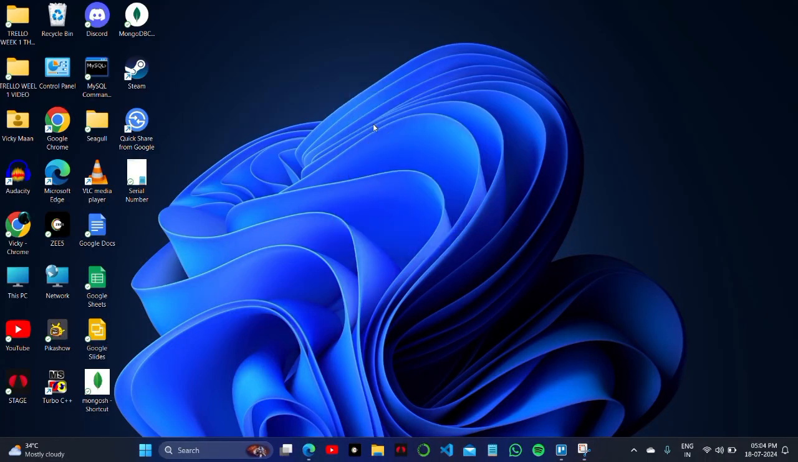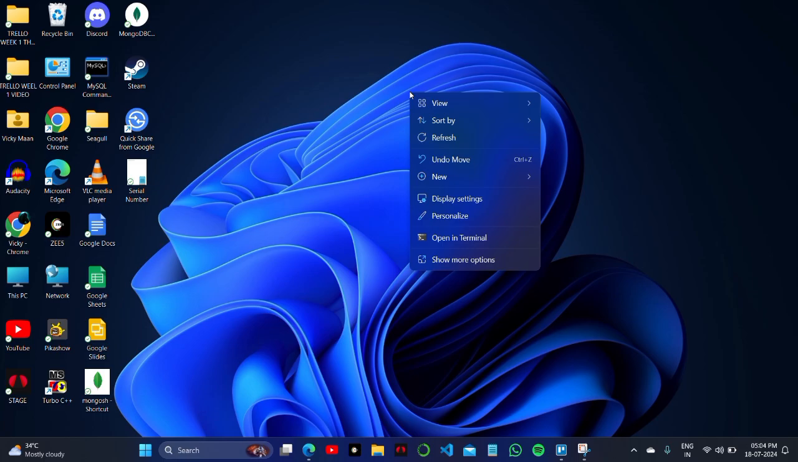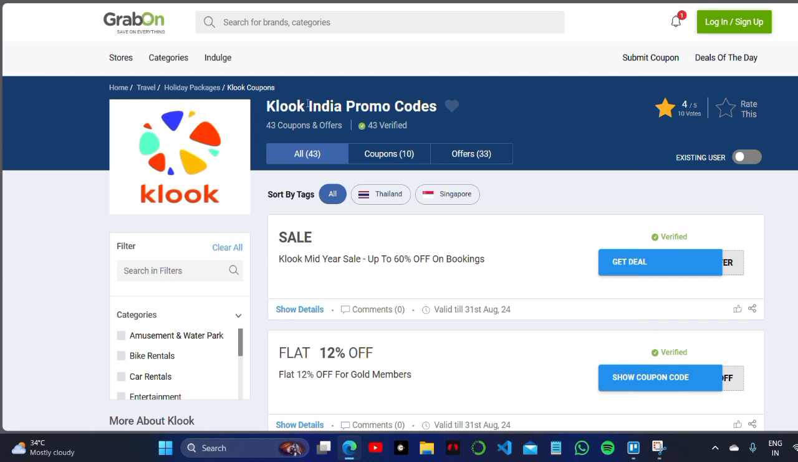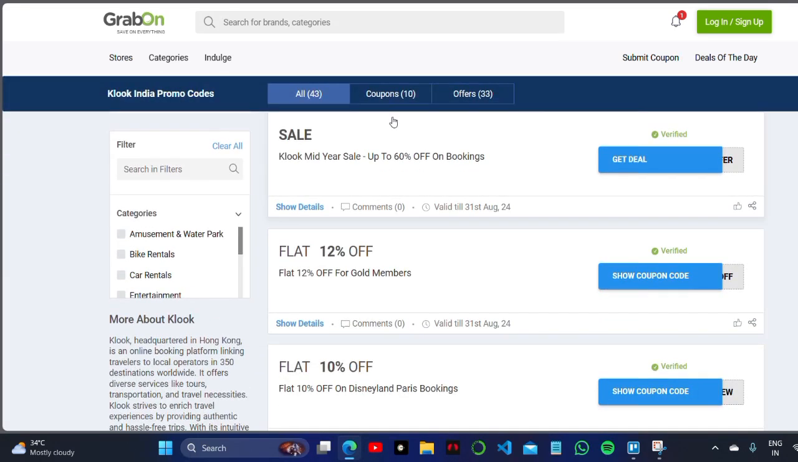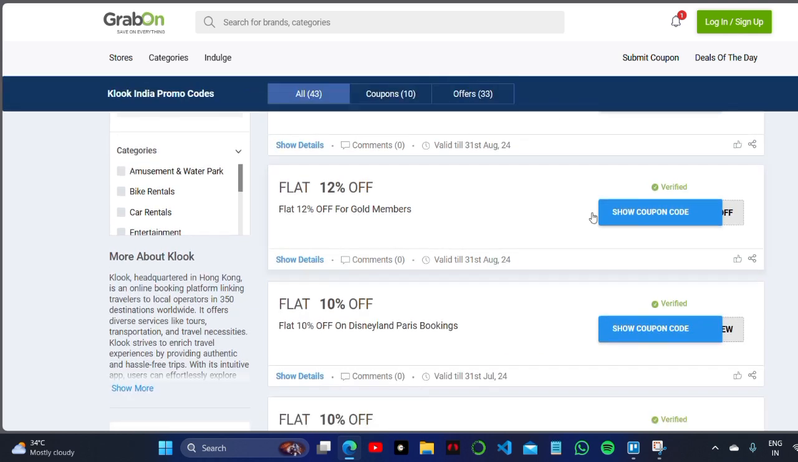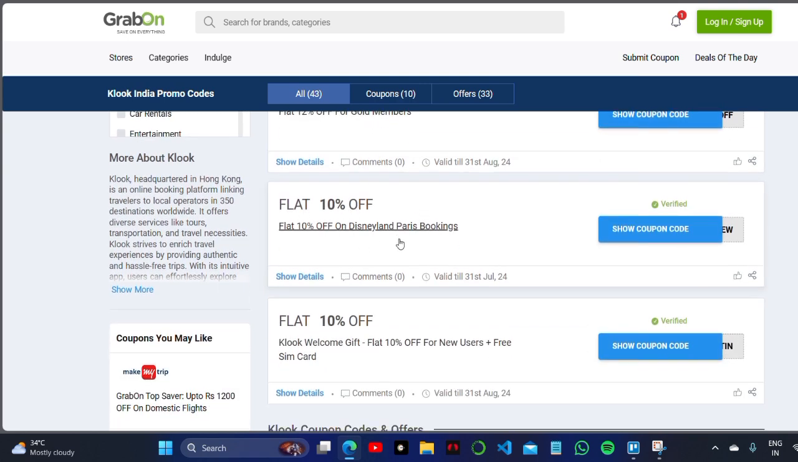How to get $100 discount here on your Klook application or website. For this, I will simply open the Klook discount promo codes on my browser, and then this is the website called GrabOn. You can simply go to the GrabOn website and check for QR codes for this platform or this company. To get coupons for Klook, you will see that in front of you there is a lot of coupons: